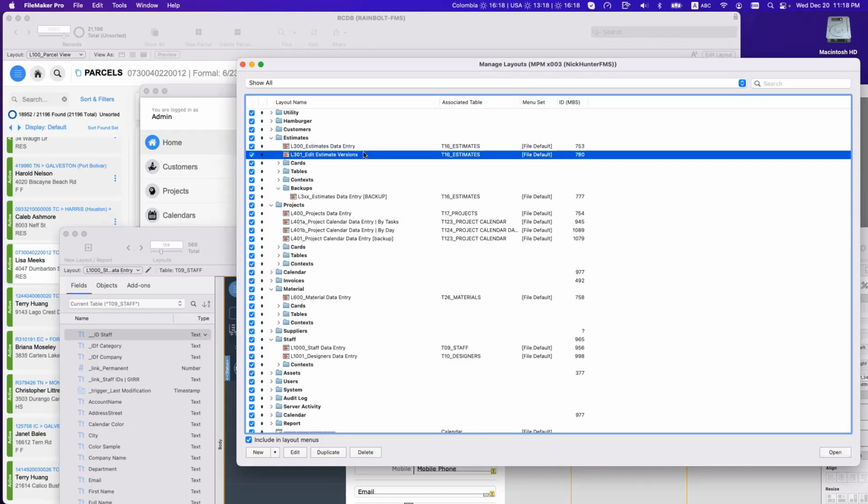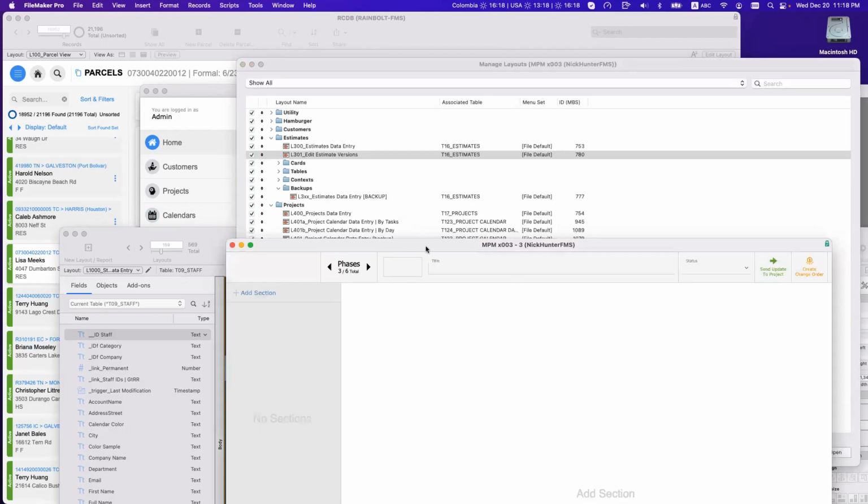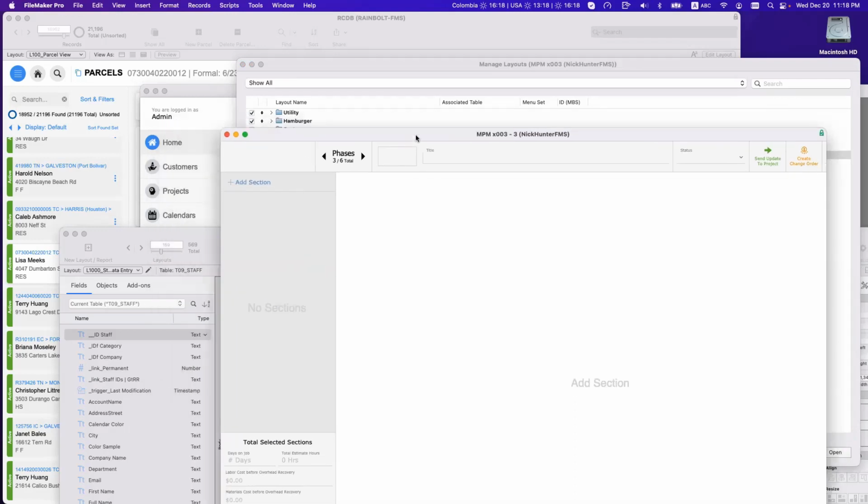So let's say I'm in this layout, the edit estimate version, and I'm deciding that I'm going to make a huge change on that layout. I'm not saying that you do that all the time, otherwise it doesn't make any sense. But when you say, I'm going to make significant change here,